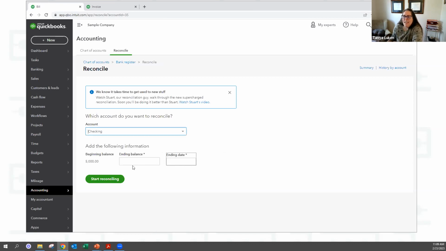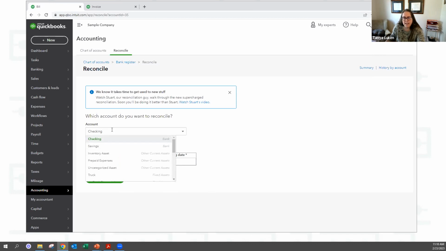So if you do your bank feeds, if you record your transactions through your bank feeds, QuickBooks is going to do a lot of the reconciliation work for you. You just have to figure out, is that really what I think it is? Okay, so on your bank statements, we're going to reconcile our checking account. You would pick whatever account you're doing, your savings account, MasterCard, Visa. We're going to pick our checking account.